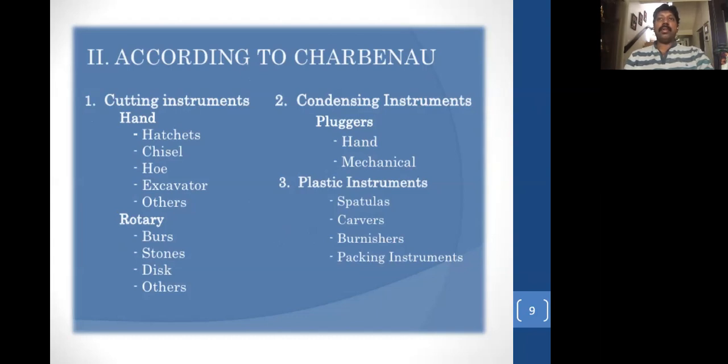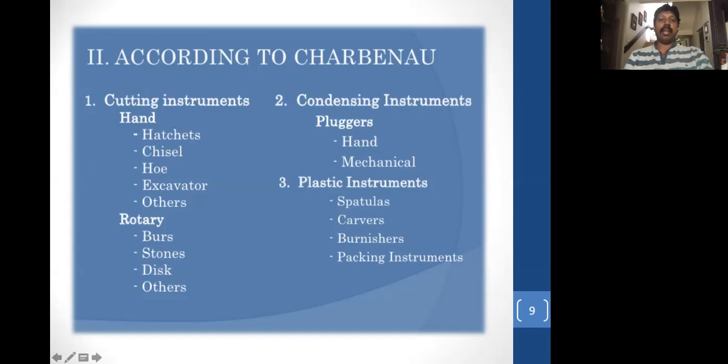In the theory paper, questions may be asked about hand instruments and classifications of hand instruments. You cannot say it is not taught. It is taught in second BDS. It is understood that when you go to final year and such questions come, it is not out of syllabus. That is the reason you should understand not only from the point of view of Viva, but also of the final theory exams. When the classification question is asked, either in Viva or in the theory paper, you should write according to Studevant or according to Charbonneau.